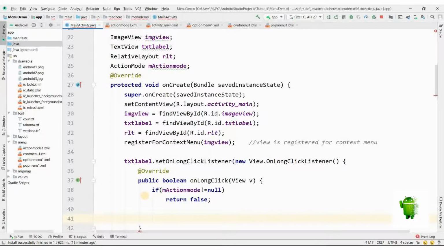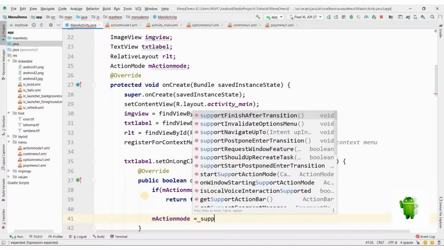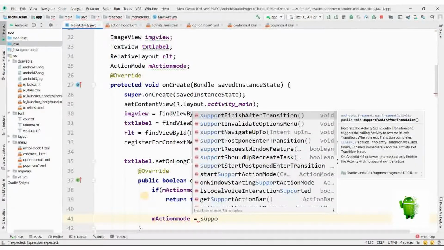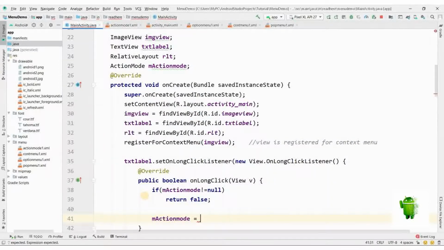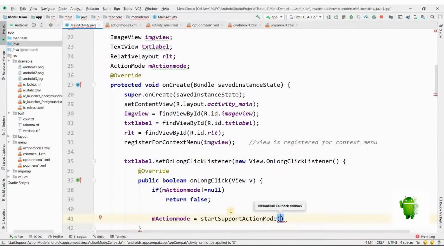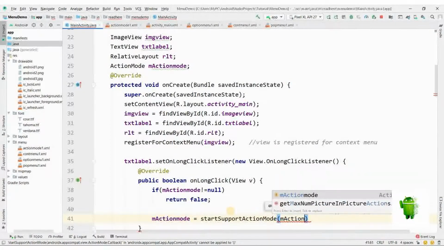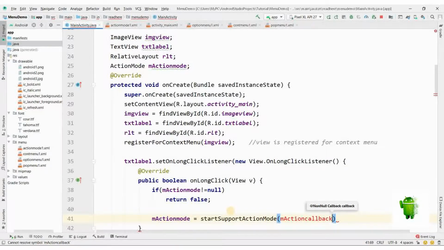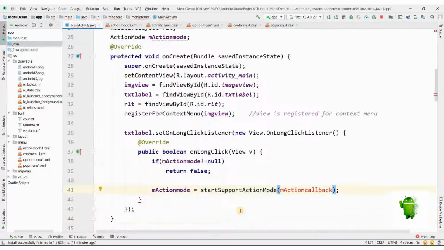with action mode is equal to start support action mode, and we'll pass the argument action callback, the object we haven't created yet.